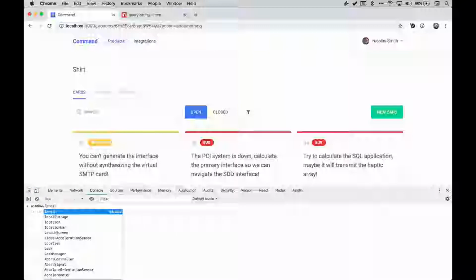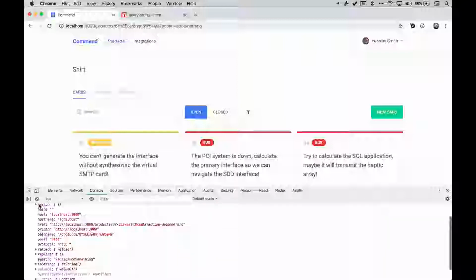So if you ever want to do this, you can just type in window.location, and we can see that we get a huge object back from our browser, and it has a bunch of different stuff on it. But the thing we're after is this, search. But what we'll notice, and let's zoom into that, so we'll say window.location.search,